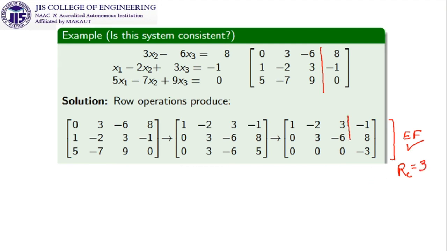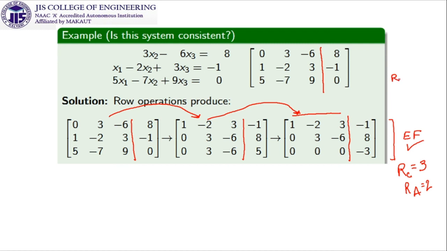But this is your coefficient matrix, this part. Rather, this is your coefficient matrix, and this is the equivalent part of the coefficient matrix. So actually coefficient matrix A is also going to be converted gradually into its echelon form. And what we see is that the rank of the coefficient matrix is 2, because the number of non-zero rows in this echelon form is 2.